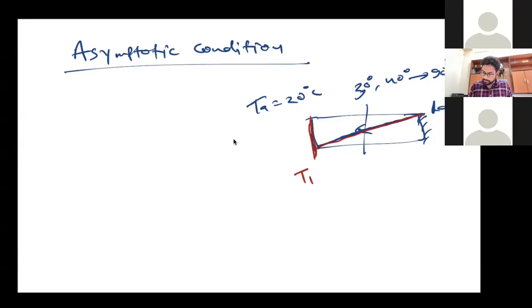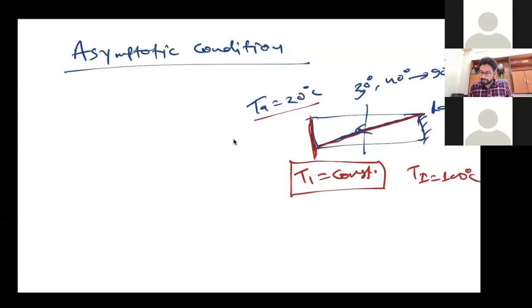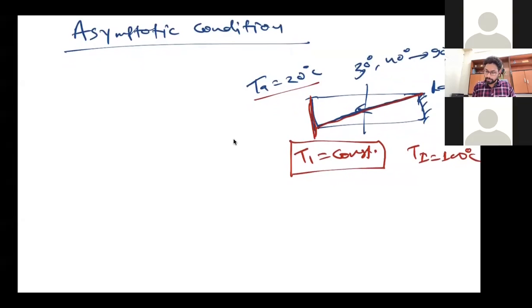I mean, T1 will be constant. Ti is already constant, that is 100 degrees Celsius, and T air is constant. So after a long time, T1 actually becomes constant. It doesn't change with time anymore. Okay, and to be able to find that, and that we will see in MATLAB,